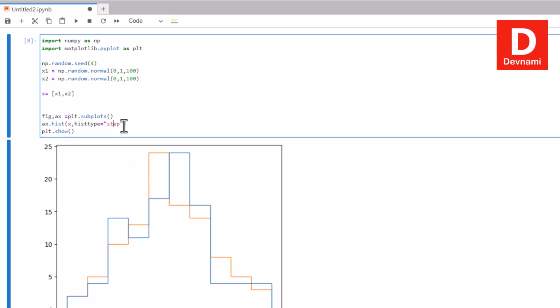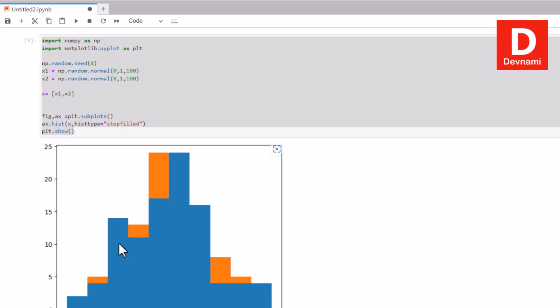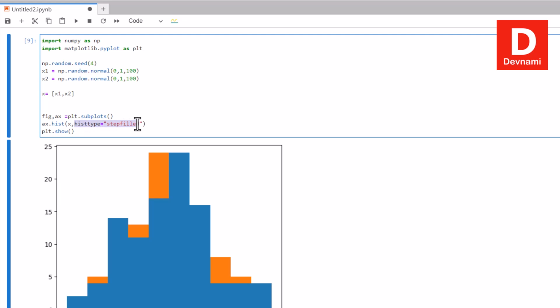right? And if you change this to, let's say, step filled, then you will be able to fill this with a color. So it will be chosen by the system, and notice that your step histogram is now step filled, right? So filled with a specific color. You can also set the color instead of using the types. You can have, say, color of light steel blue,